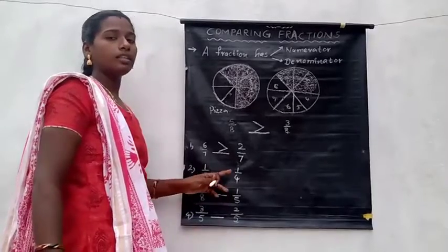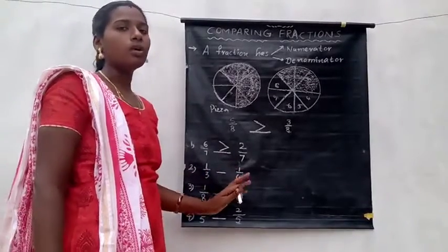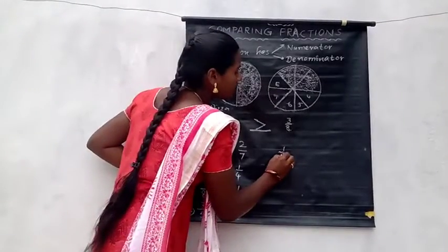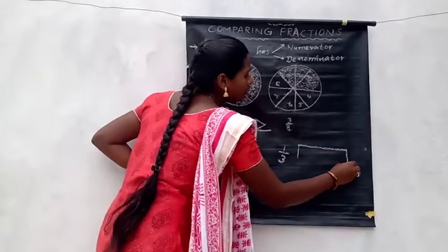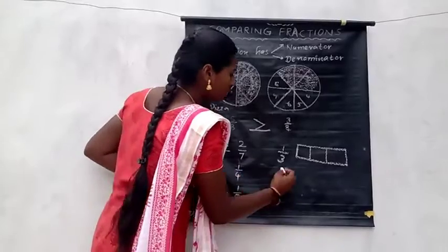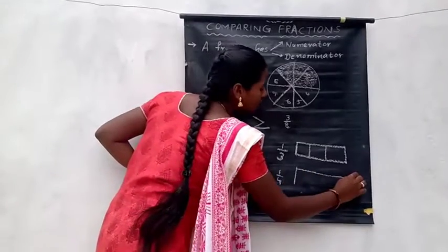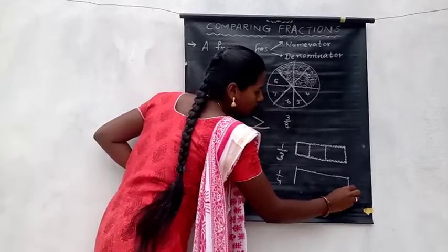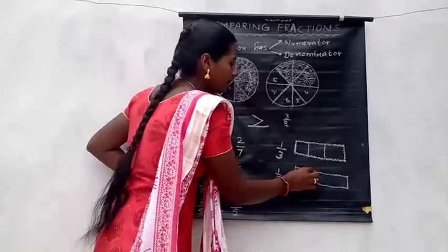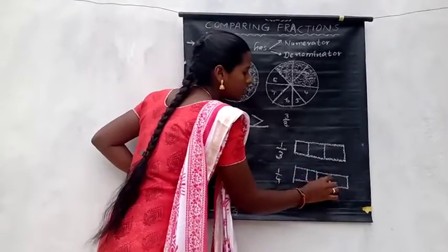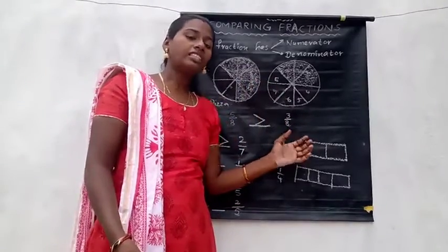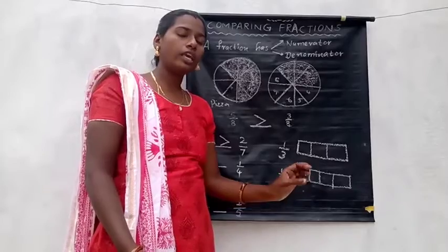Yes Nana, these two fractions are called unit fractions. 1 unit. So in 1 unit they have divided into 3 equal parts. 1 by 3. See here Nana, 1 by 3 means 1, 2, 3. And here 1 by 4. 1 by 4 means 1 whole, this much only. In this 1 whole they have divided into 4 equal parts. 1, 2, 3 and 4. Like this. Unit fractions are those fractions that show only 1 unit.